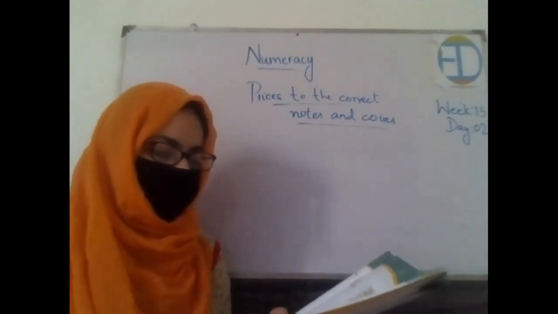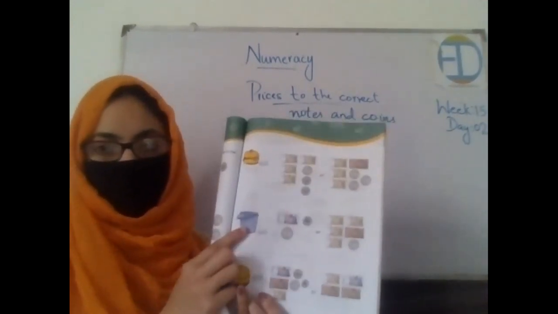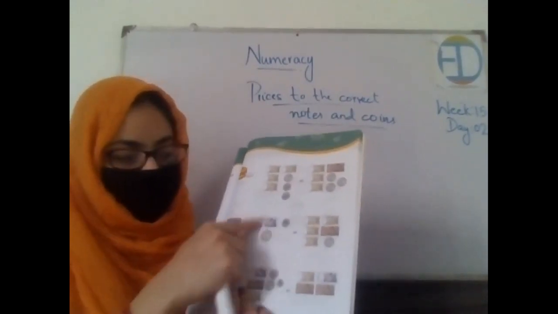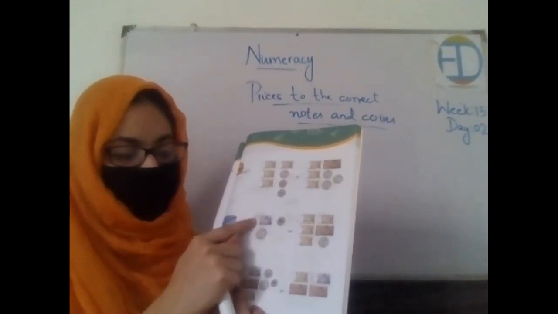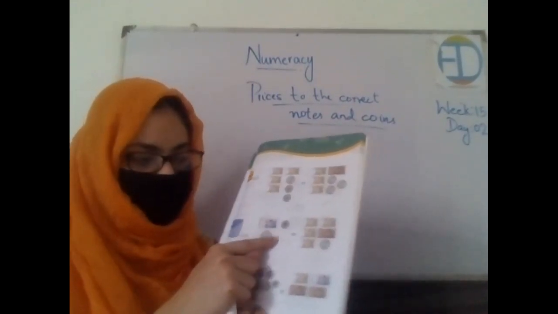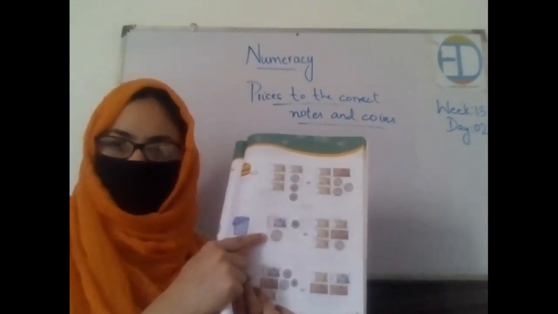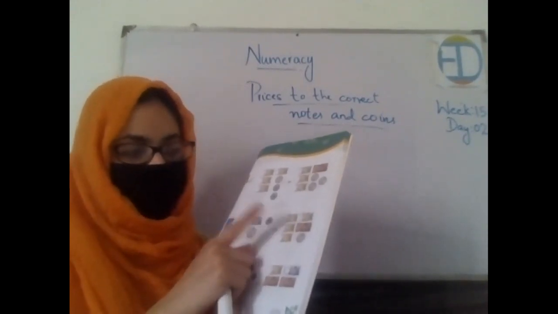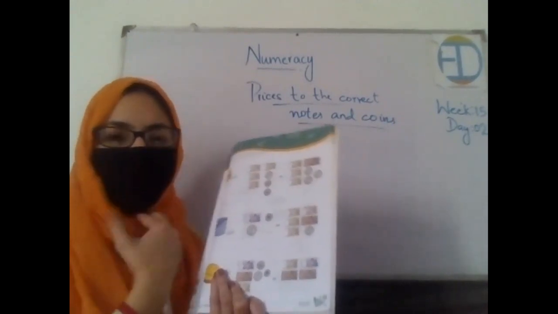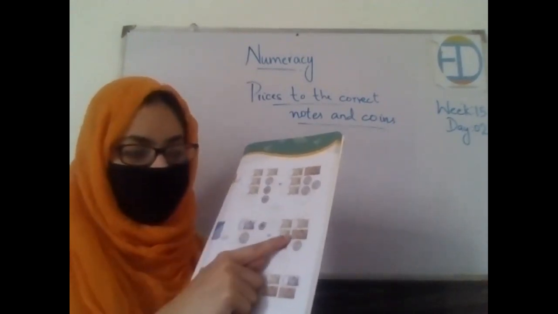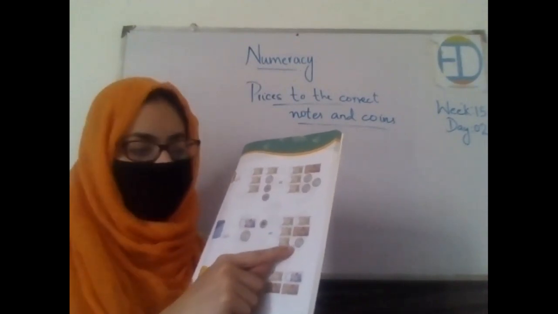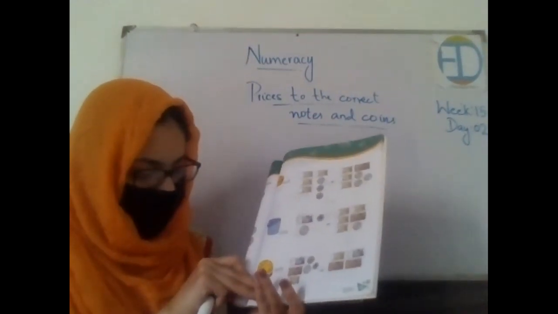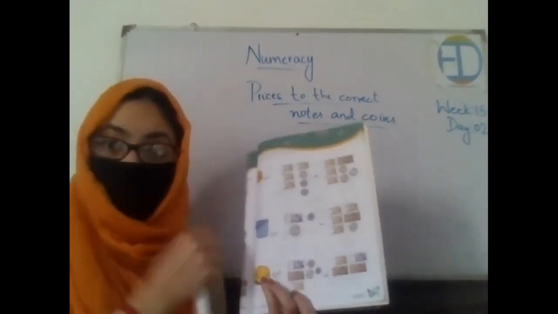Okay, let's look at the next one. What is the cost of this? Again 65, right? So is this the correct answer? We have a 50 rupees note, then 5 rupees note, then 1 rupees. Does it make 65? No, this is not the correct answer, right? So let's look at the next one. Over here we have 4 notes of 10 rupees. 4 notes of 10 makes 40. Then a 20 rupees, 60. And then a 5 rupees coin, 65. Well done. And over here at the last, we have a cake of only rupees 100.